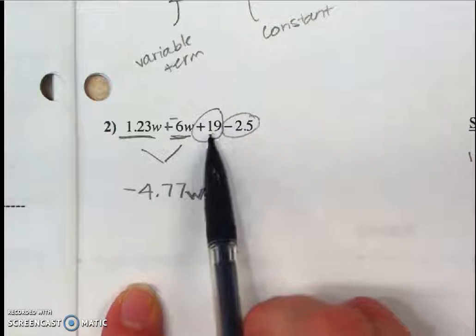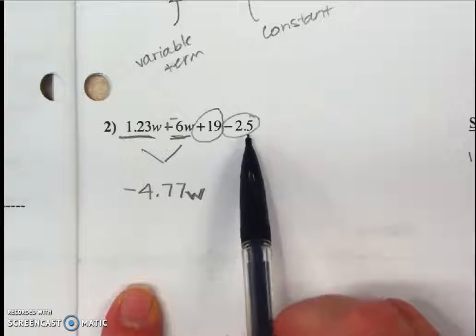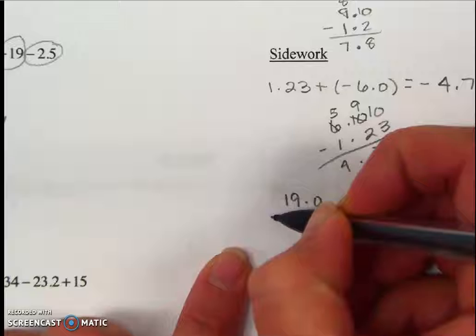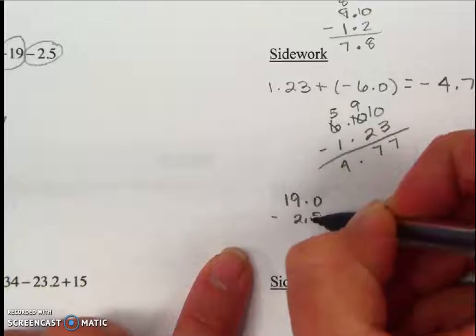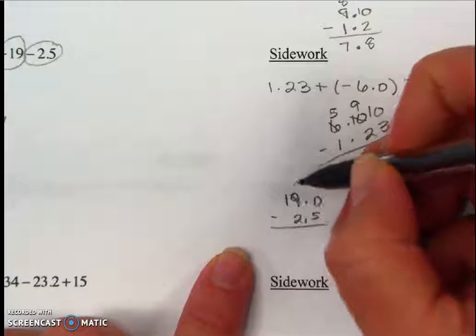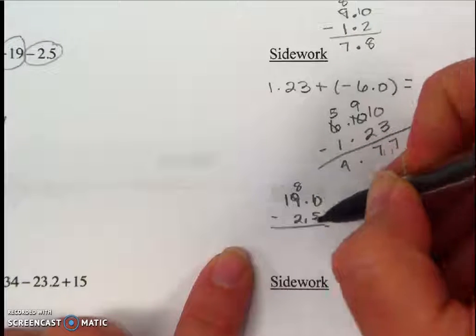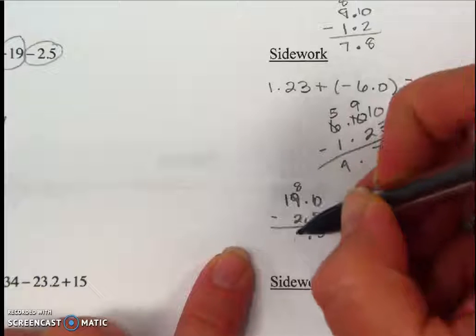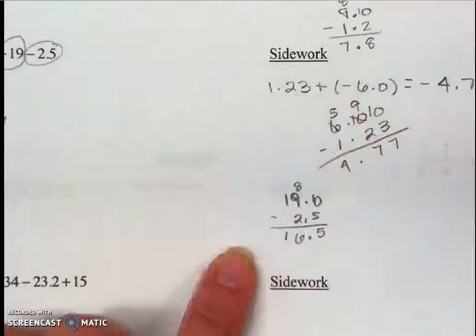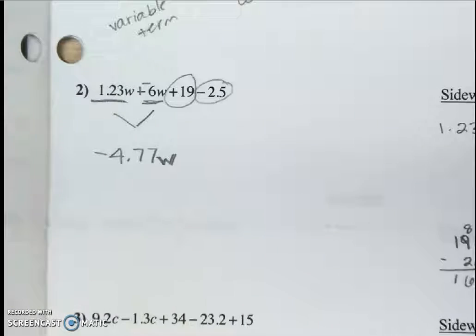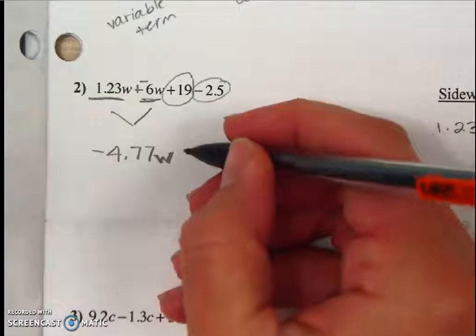Do I have more positives or more negatives? Well, I definitely have more positives here, so I'm going to work that out to the side. 19.0 minus 2.5, and I'll work it out like that. I've got to borrow here, make that an 8, make this a 10. 10 minus 5 is 5. Bring down the decimal. 8 minus 2 is 6. 1 minus nothing is 1. So I get 16.5. All right, so over here, it was more positive, so I'm going to write positive